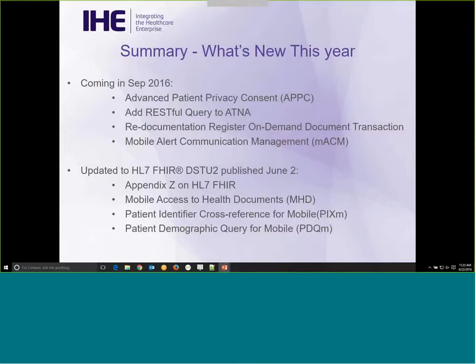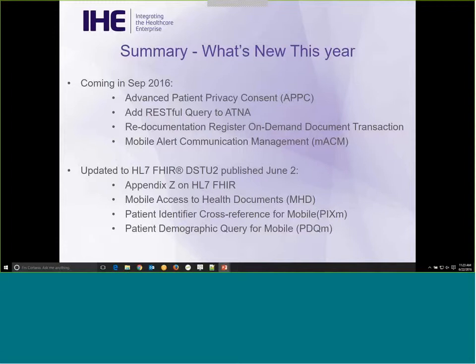APPC also allows a patient to withhold consent to disclose information related to a specific order, for example. So say a patient goes to his primary care provider for screening of sexually transmitted diseases, and he happens to be a nurse at the local hospital down the street and is concerned, obviously, that his colleagues may have access to that information. So APPC could be used to deny access to hospital personnel, i.e. coworkers, to see anything to do with that order or the results related to it.